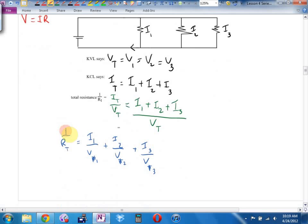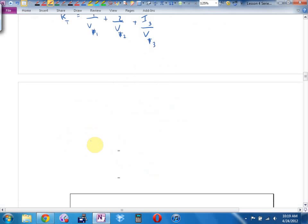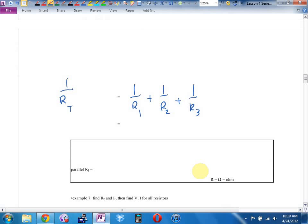So what I've just found is the expression for 1 over R total: 1 over R1 plus 1 over R2 plus 1 over R3. This is the expression for parallel resistance. If you're finding the total resistance in parallel, you actually find their reciprocals, and then when you're done, take the reciprocal of your answer. It looks like this. 1 all over